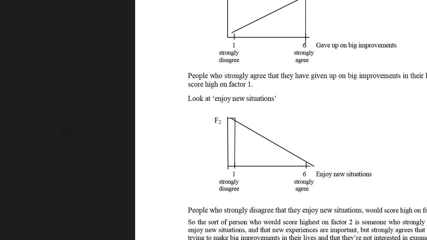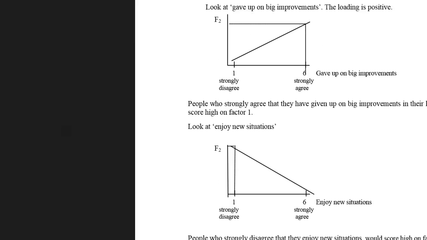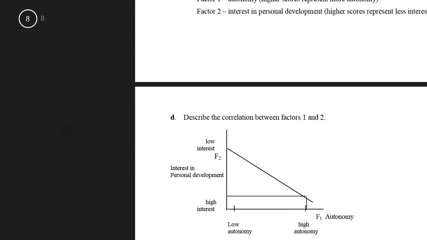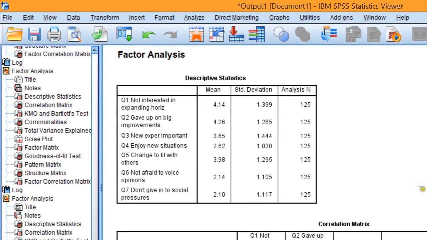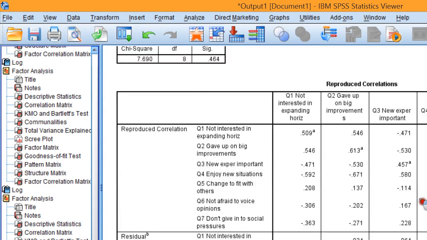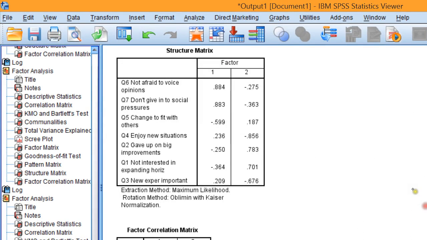So give a possible name for each of these factors. We'll call factor 1 autonomy and factor 2 interest in personal development. And then question D, describe the correlations. So we'll have a look at the correlations between the factors. Did we request that? I think we did. Down here you've got the